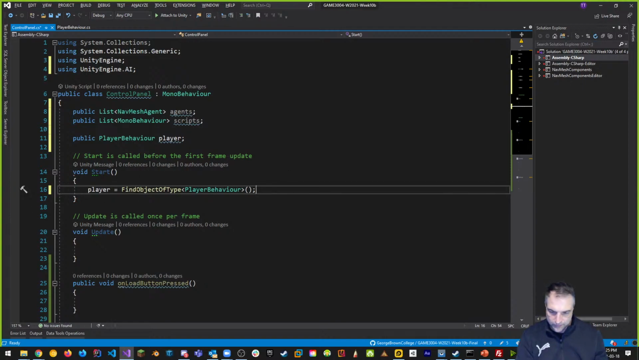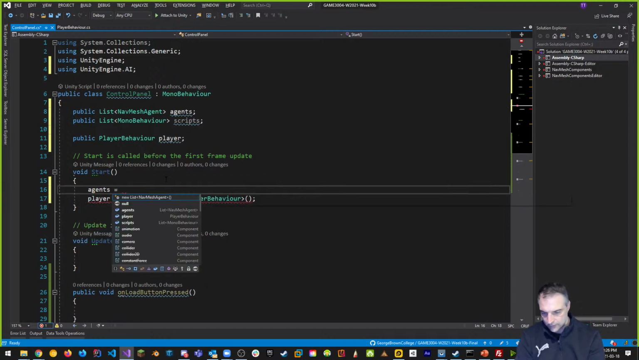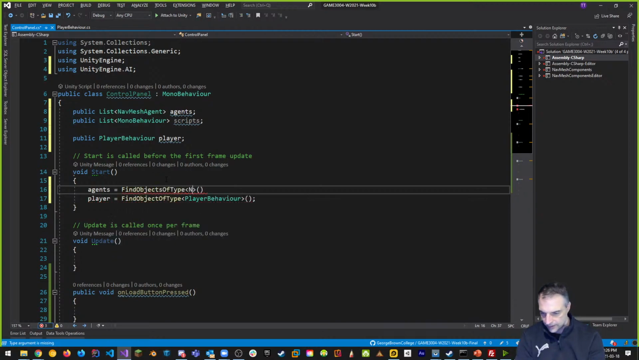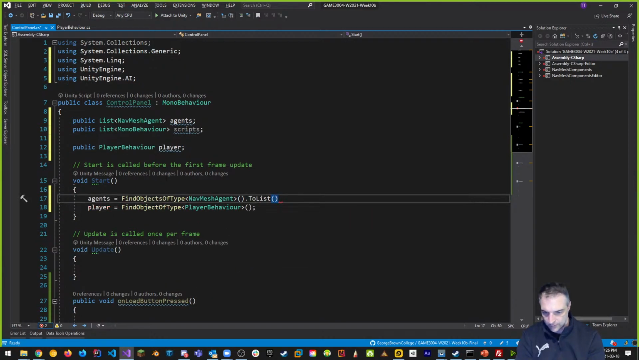And then the other thing I'd like to do is let's make sure that the agents are wired up as well. So the way agents would work is agents is equal to FindObjectsOfType NavMeshAgent. And what we want to do is convert it to a list. And that adds in the LINQ library. It's a great little library from Microsoft that basically allows us to do queries, right? And it's really good. We can convert a lot of little